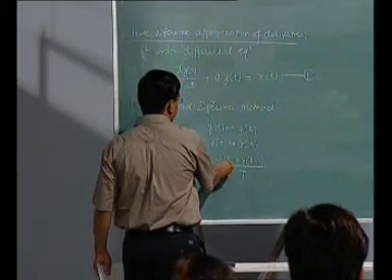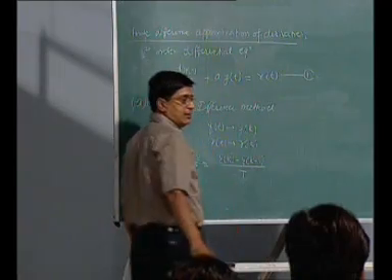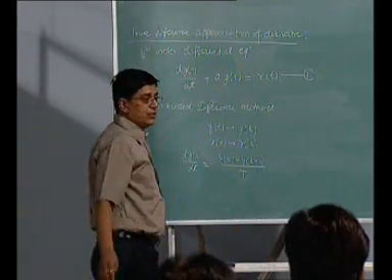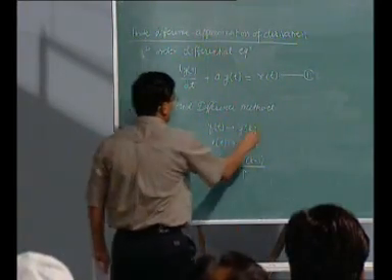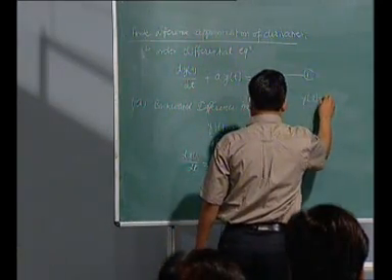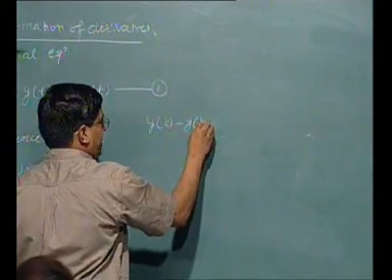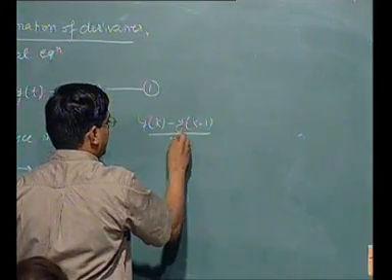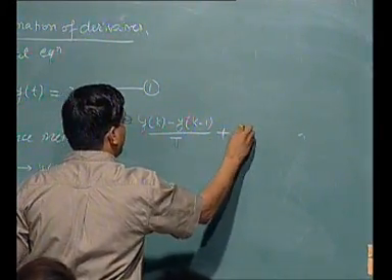So, now by using this backward difference method, we can rewrite this differential equation as y(k) minus y(k minus 1) upon T plus a